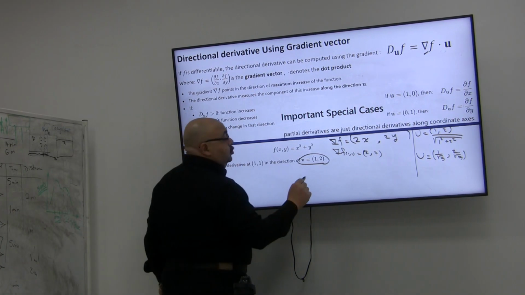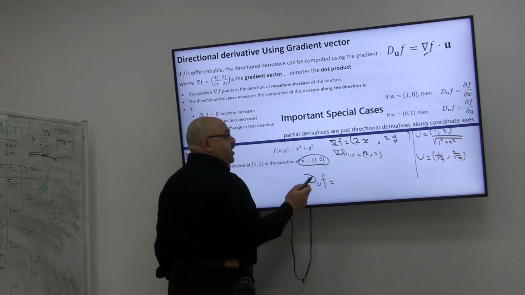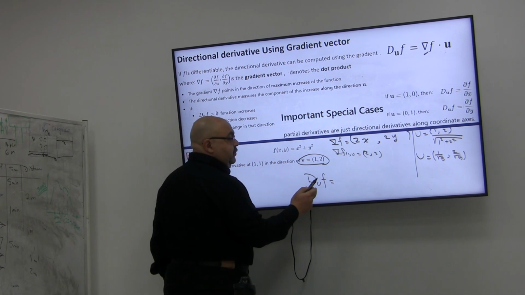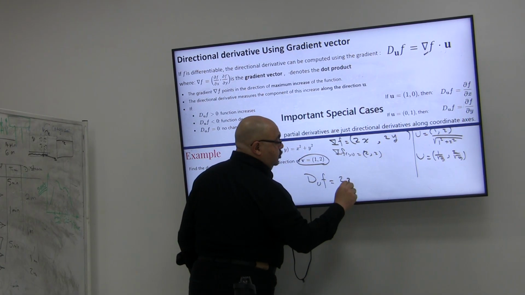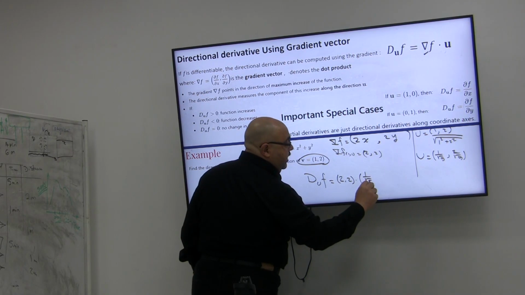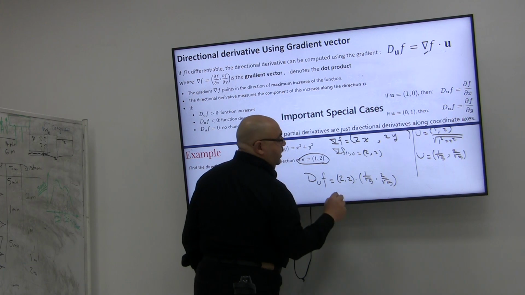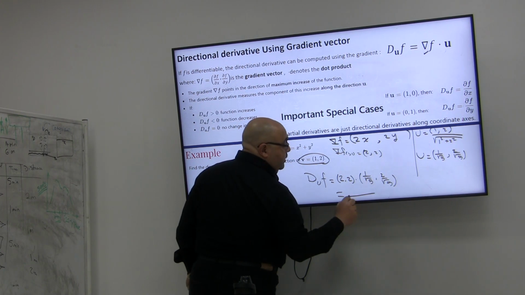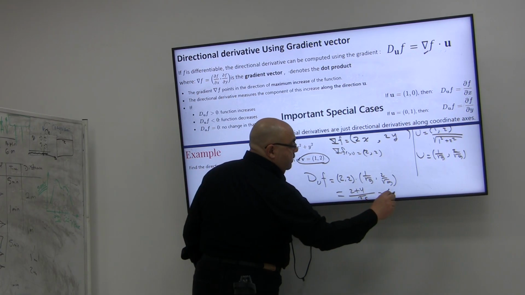So, to get the directional derivative in the direction of u, I will multiply those two vectors: 2 and 2, dot 1 over root 5 and 2 over root 5. Multiplying them together, it's going to be 2 plus 4 over root 5, which comes to 6